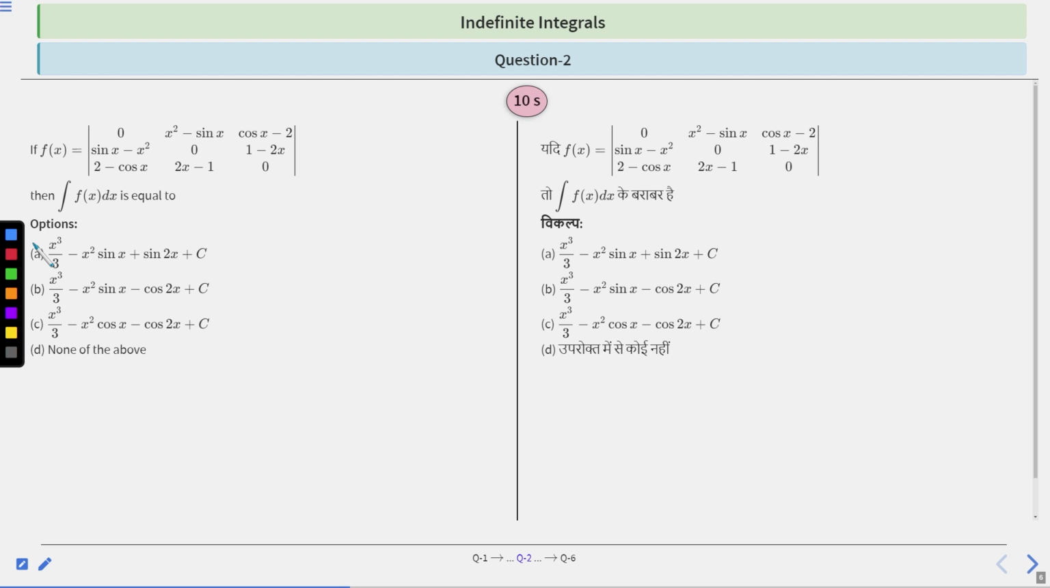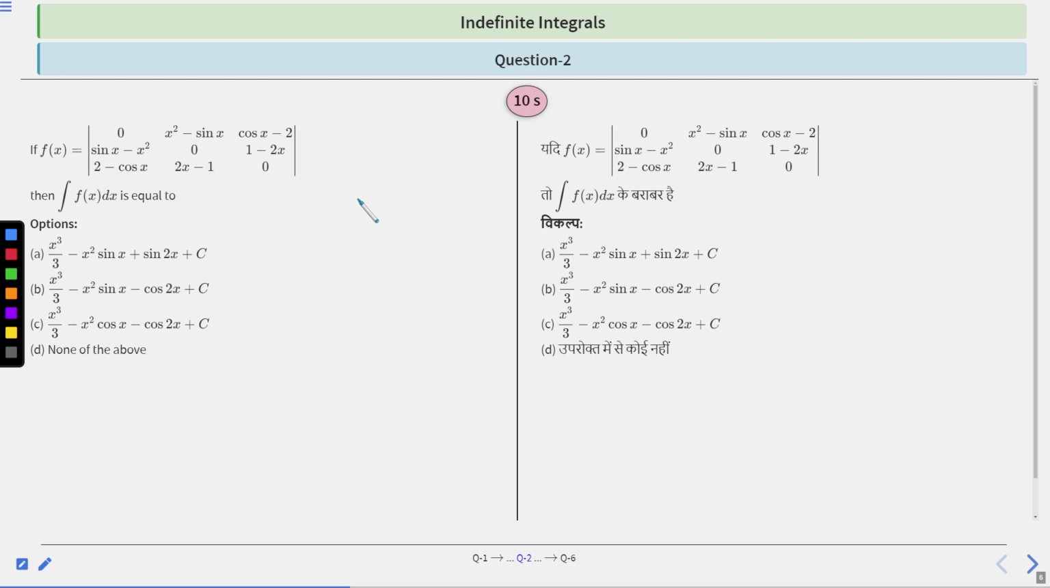So see, the hint of this question is that the determinant is given, right? So you can easily find the value of the determinant by solving it, and by solving this determinant you can easily get f(x), right? And once you get f(x), you can take the integral of f(x) dx. You might have to adjust f(x) to make it an integrable form, right? Therefore, you have to write f(x) in such a way that it becomes an integrable